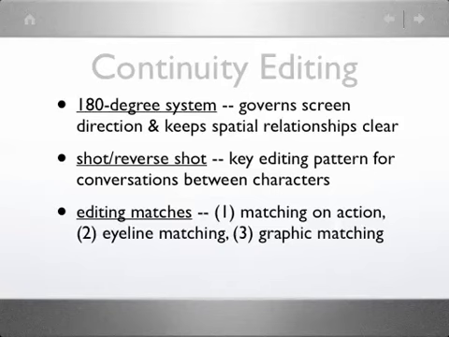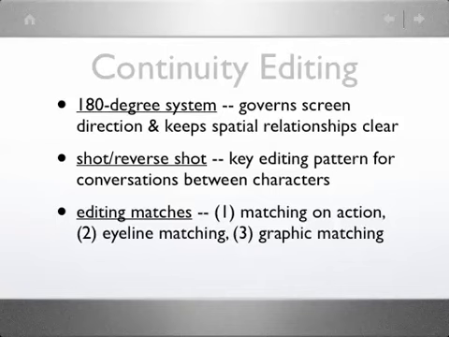And usually, if not always, the position of the object that they're looking at in the second shot corresponds to the direction that the eye line of the character is looking in from the first shot. And so that helps to sort of smooth over or make less visible the fact that there was an edit